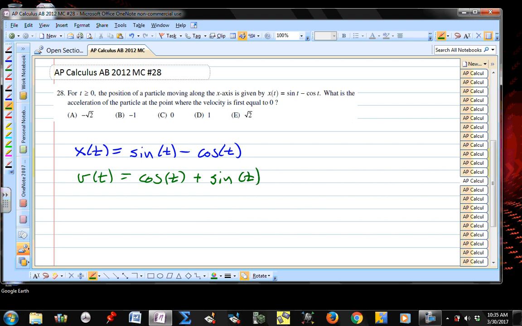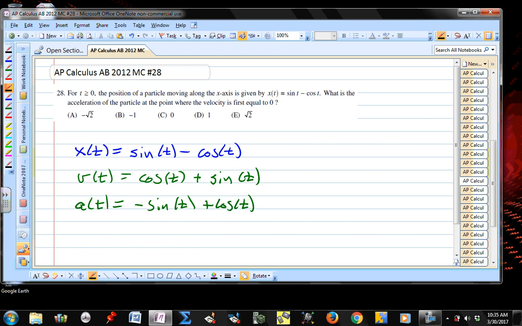So what we get is the velocity is going to be cosine of t plus sine of t. And now if we want to discuss acceleration, what we need to do is take the derivative of a velocity. All right. Now, we're going to have to evaluate the acceleration function, but we're going to have to first find